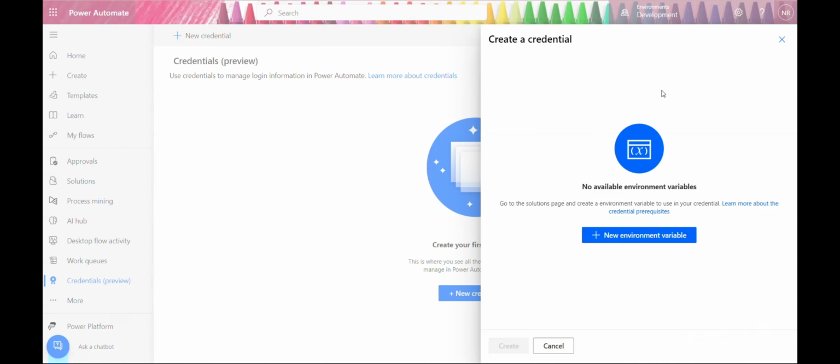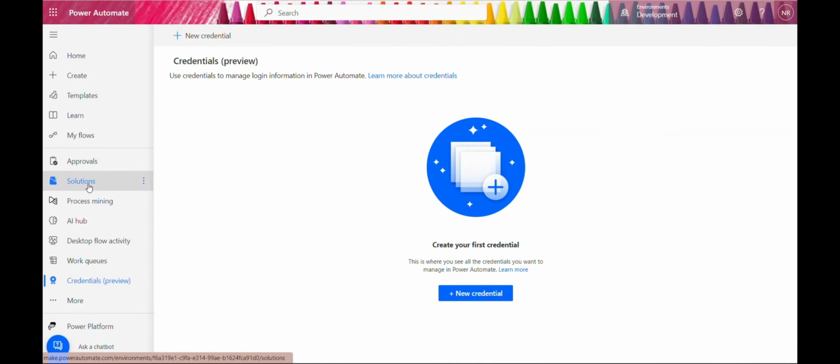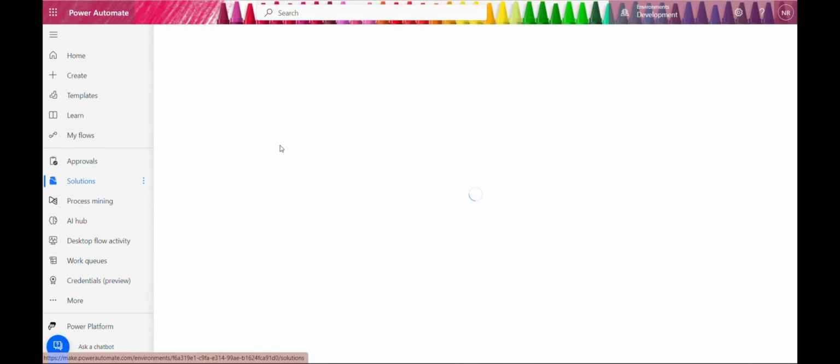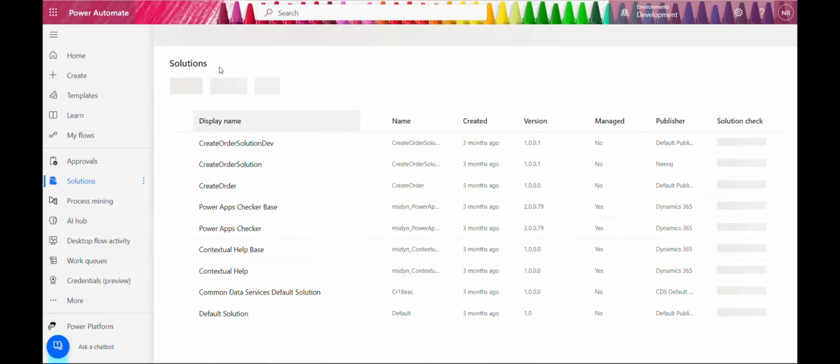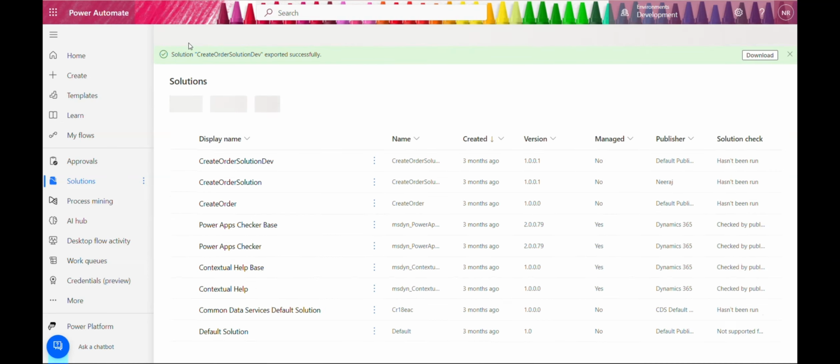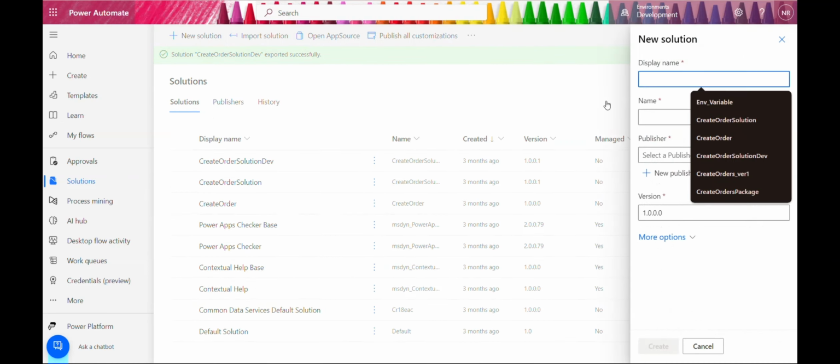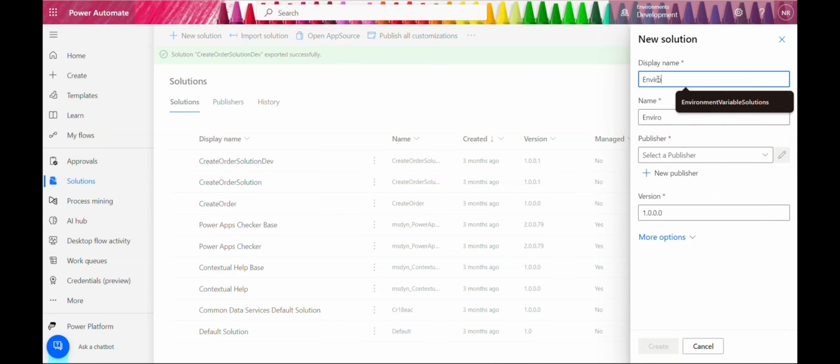so those can also be stored in environment variables, right? So if you see here, to create an environment variable, it says go to the solution page and create an environment variable to use in your credentials, right? You can also choose to click here, but we will go to solutions, and here we will create a new solution,